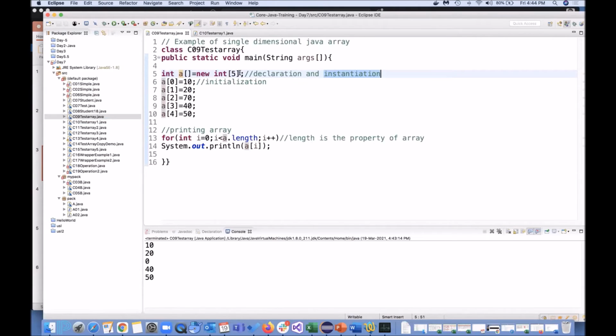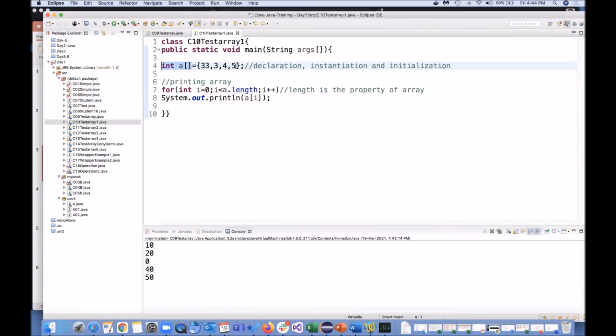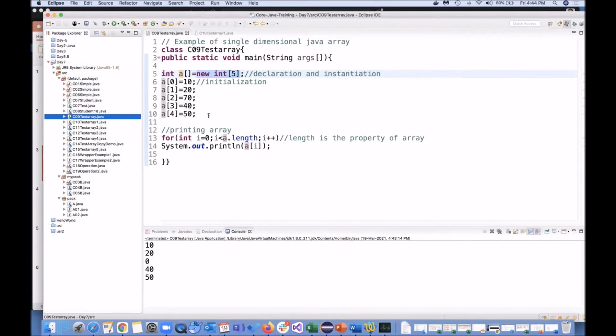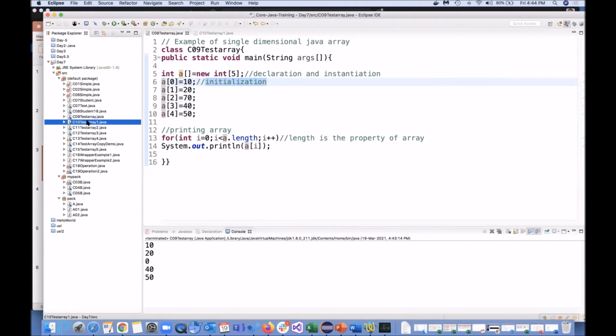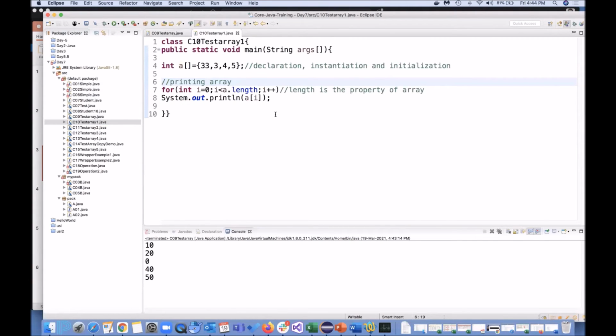Doing this is known as instantiation. I instantiated it, and then putting the values into it is initialization. In the previous program, I initialized it later. So declaration, instantiation, and initialization is what we will typically do, and then we will perform operations.